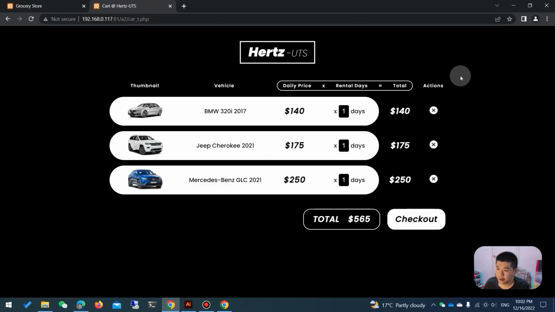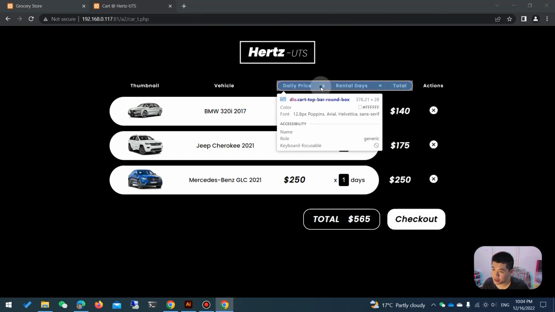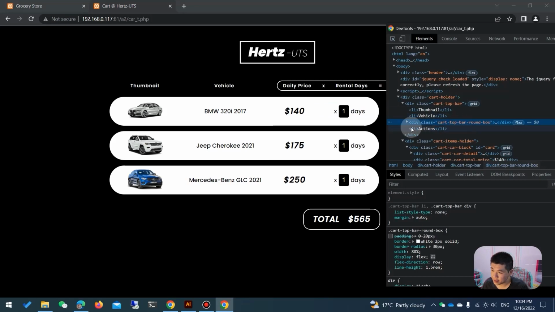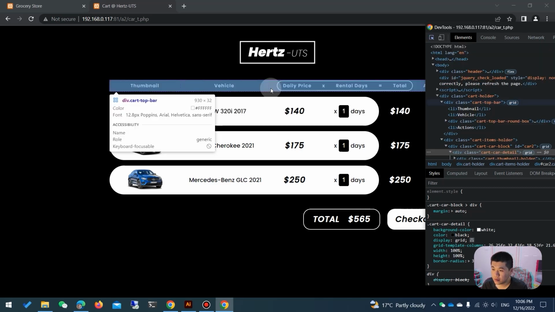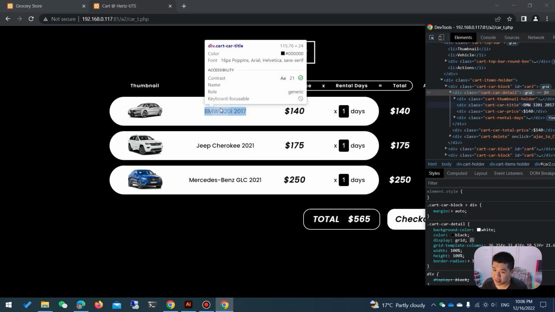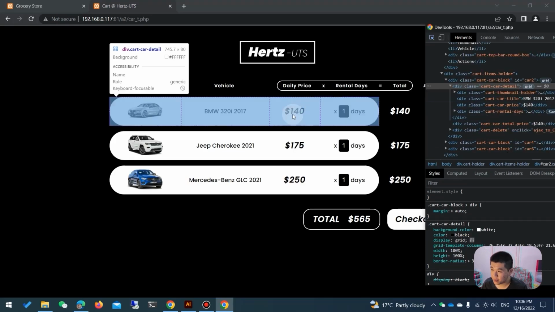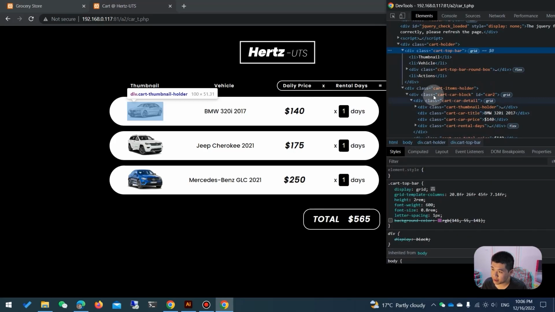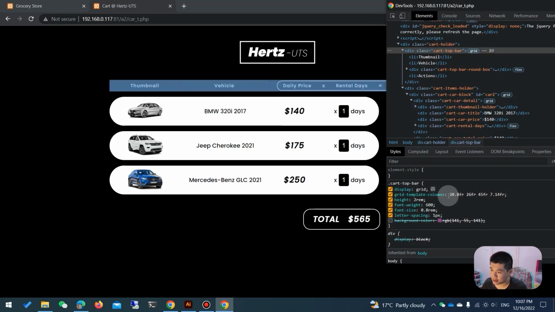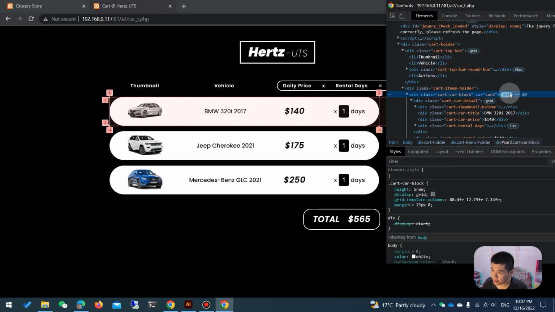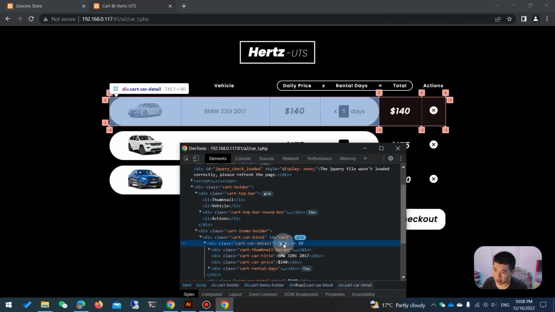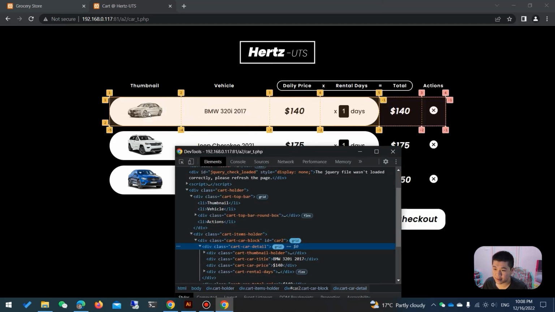Moving on to the cart, we can see all the information of the cards that we just added. I achieved this by treating this as an entire block. Similar stuff for each of the cart items. The big chunk is treated as a whole to make sure that each one of those names or the images or the prices appear at the correct location. The display grid property was used for the parent elements. The entire width is separated into different sections by proportion, and similar stuff for this one. I also used a display grid, and then inside there is another grid that nicely separates all the sections for the information.